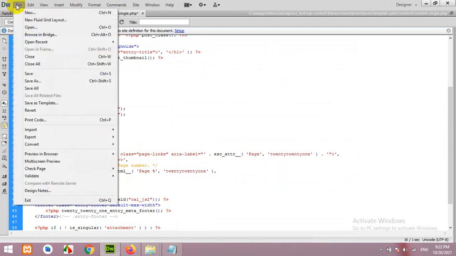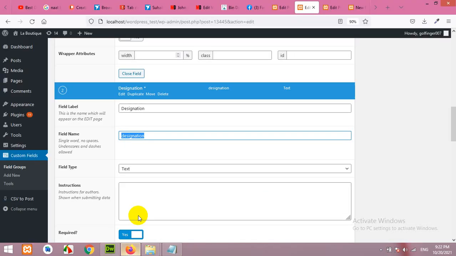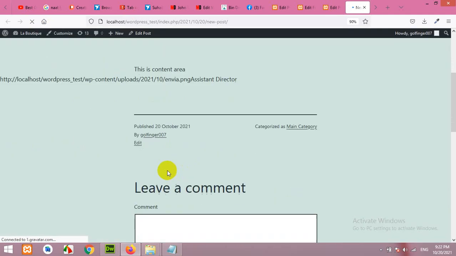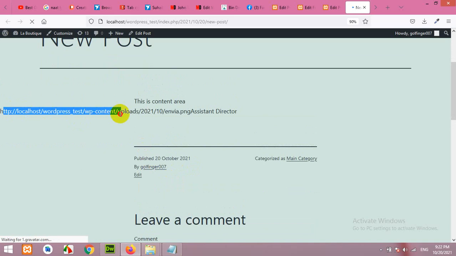Now save it and refresh on the front end. Now you will see that the image is just an image link, a URL. This is the image URL and the designation is assistant director. So it's just copy and paste.